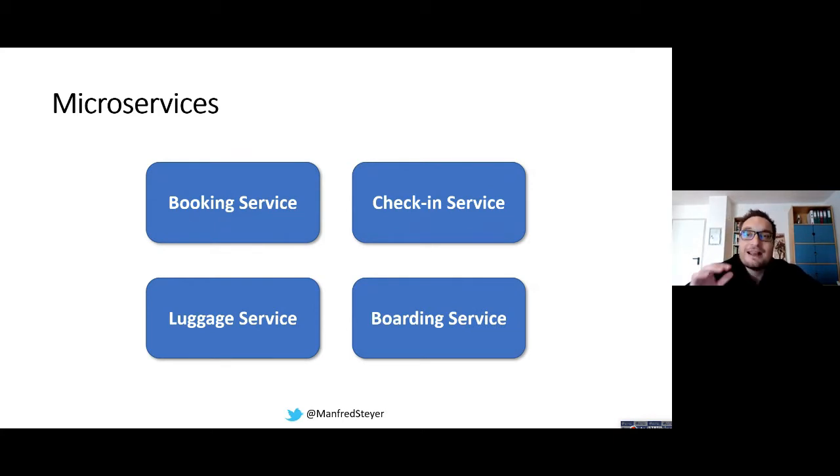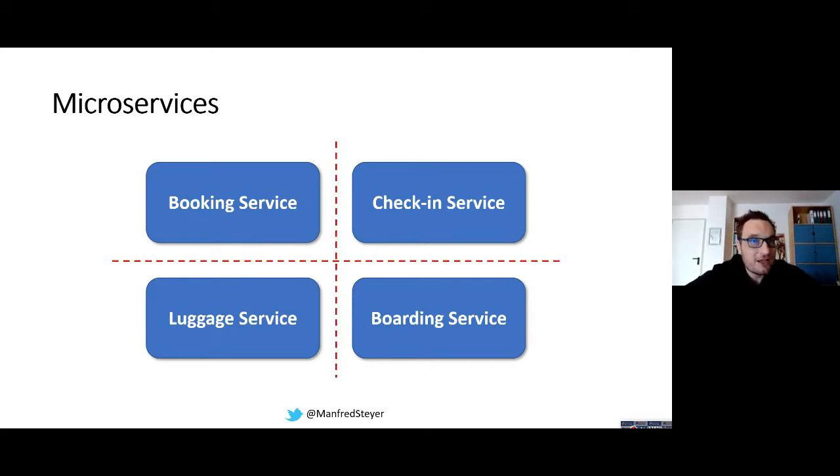And the less they know about each other, the better it is. Because if they don't know anything about each other, you can change one system without interfering with another system. You can implement an update here without breaking something there. So in an ideal world, those services don't know anything about each other. In this world, there are some interfaces, the fewer, the better.